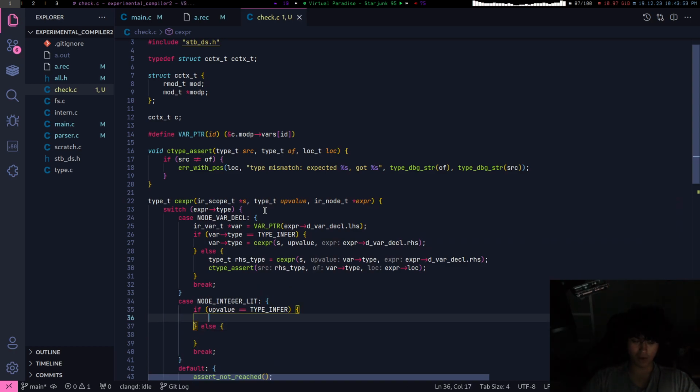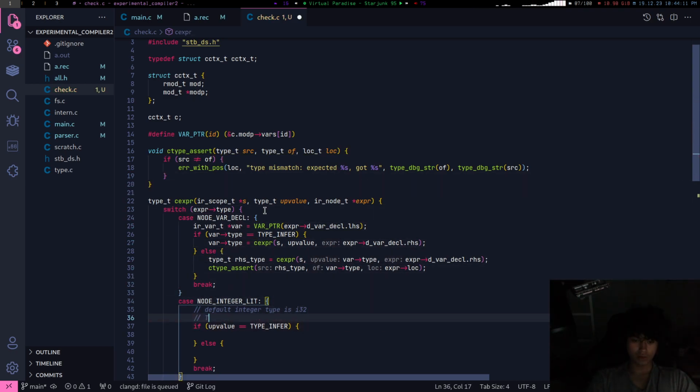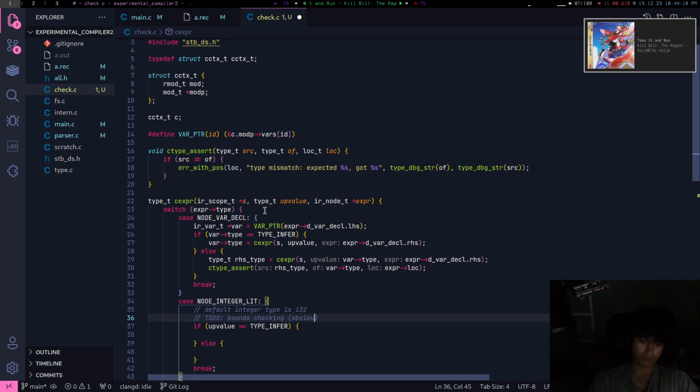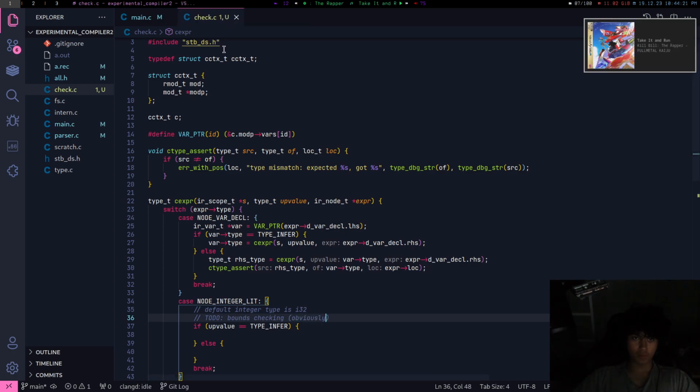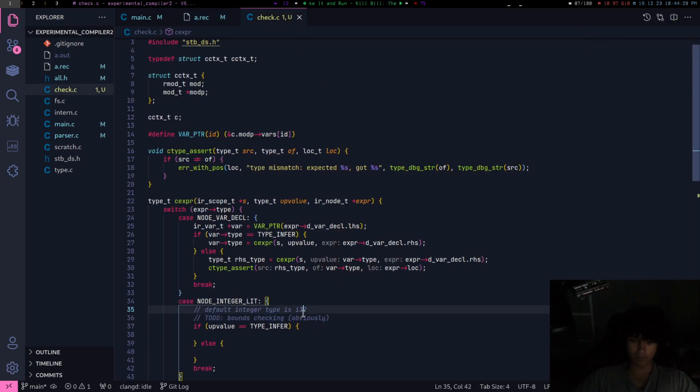If it's type infer, that means expr defaults to I32. To do bounds checking. Yeah, so it'll assume that all integer literals are I32, but however, if it's huge, it'll raise an error. Yeah, bounds checking.